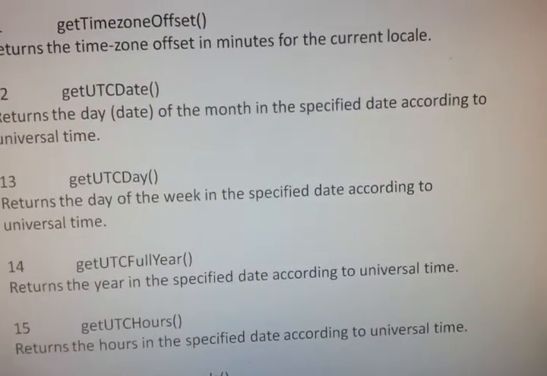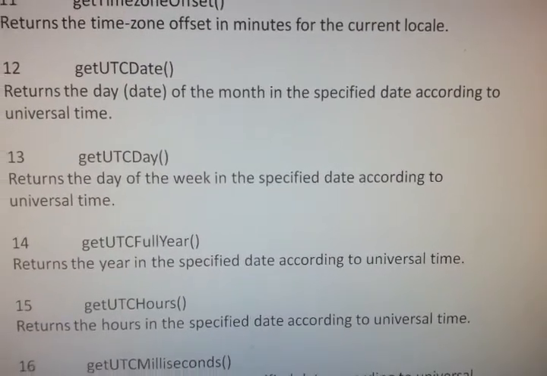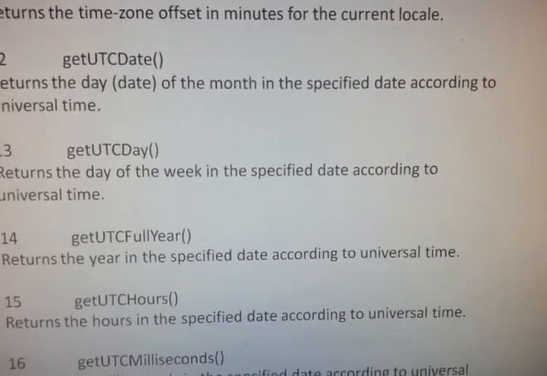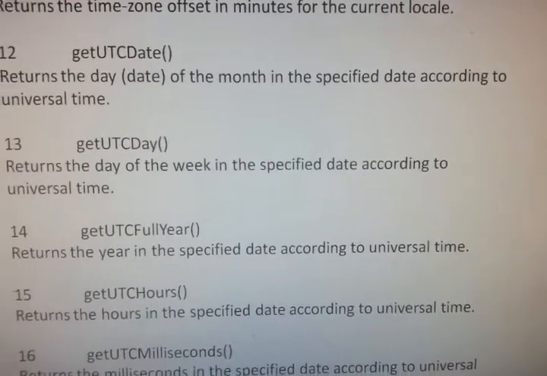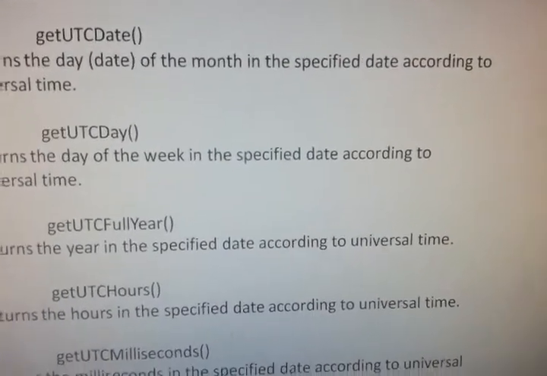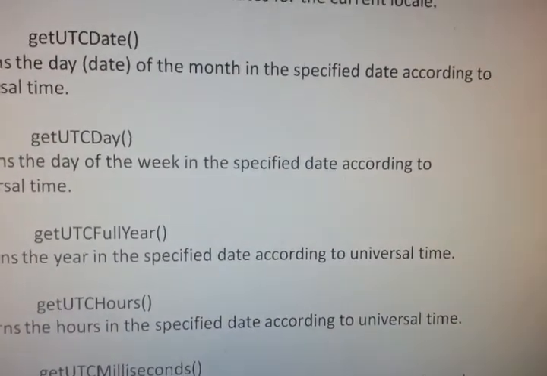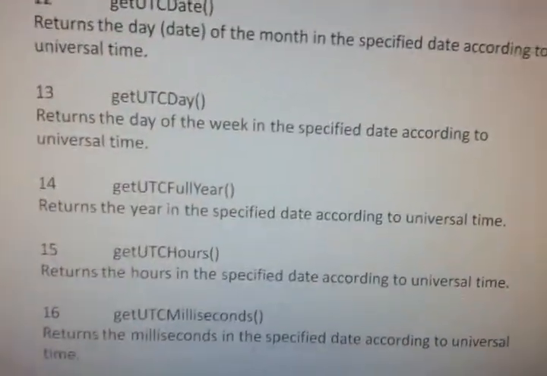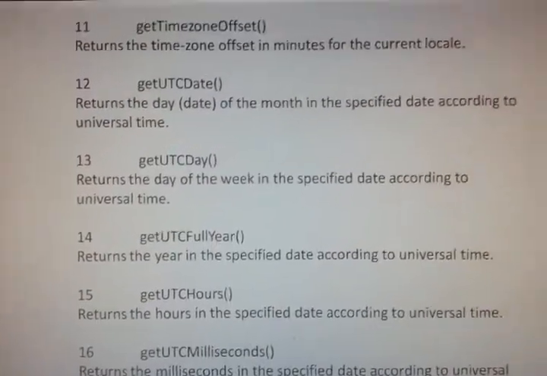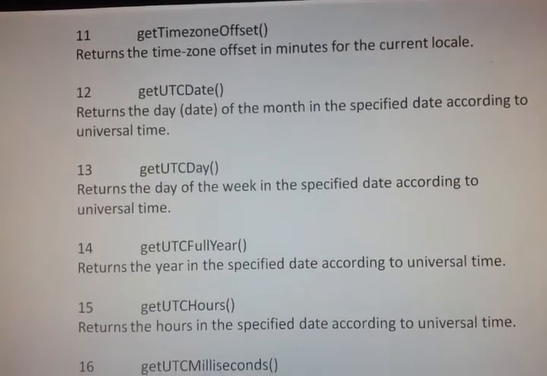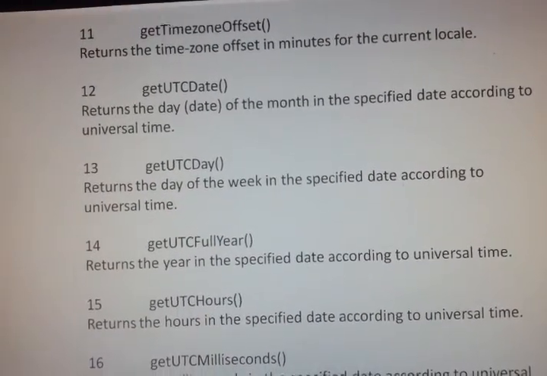It returns the day or date of the month in the specified date according to universal time. And getUTCDay method. It returns the day of the week in the specified date according to universal time.